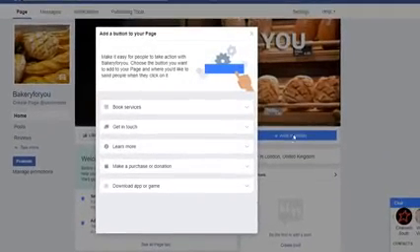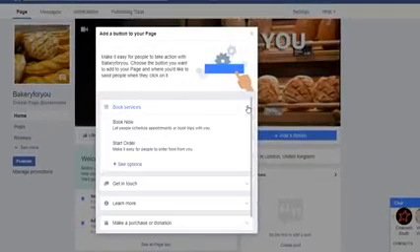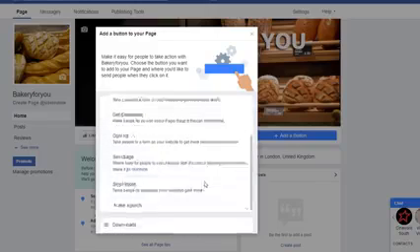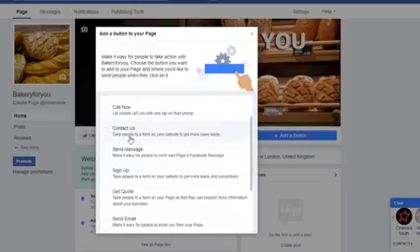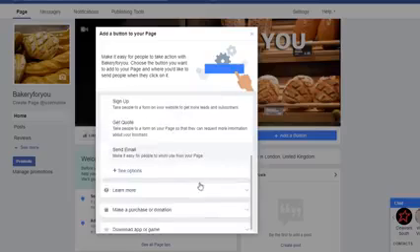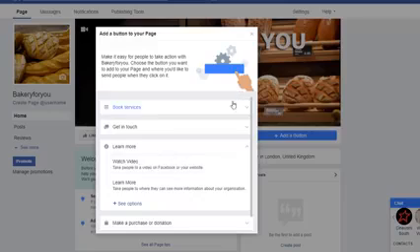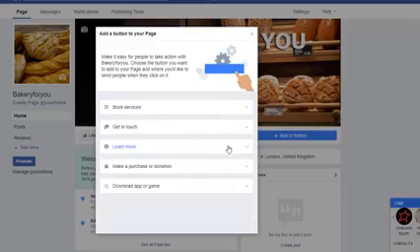There's about 5 of them, and all of which have got sub options. So if I go through them, you can see that under the get in touch, there's about 6 options. Learn more, there's about 2, etc. So for the sake of this exercise, I'm only going to add one, and I'm going to pick the learn